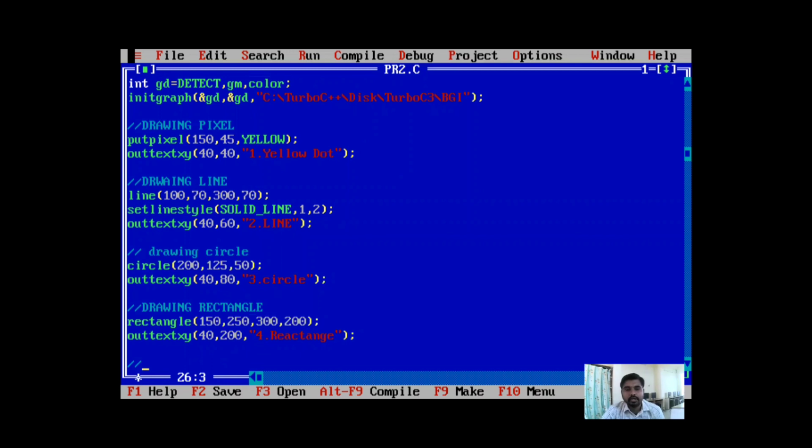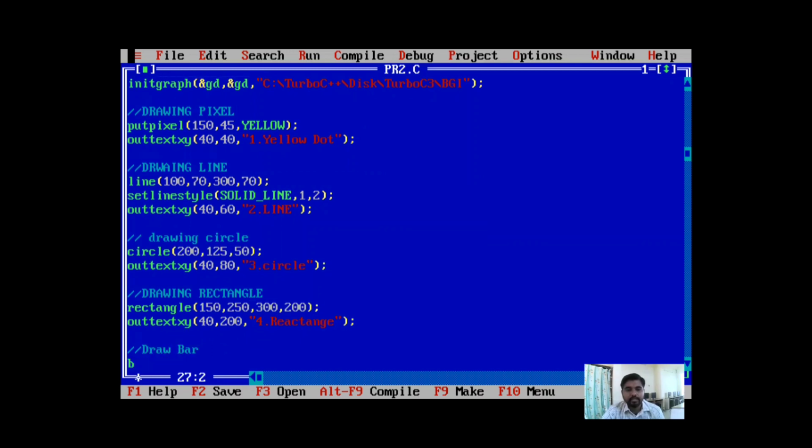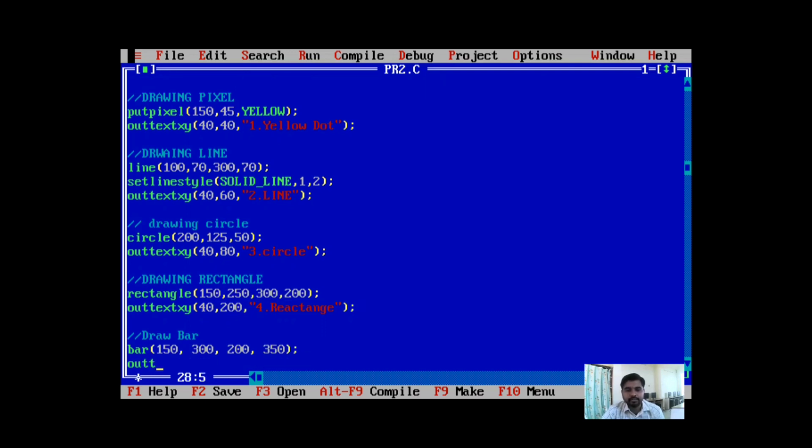Now, suppose I want to draw a bar. Then I am using the bar function and passing the parameters, that is, passing the coordinates. Then outtextxy, 40, 300, for example, and bar.